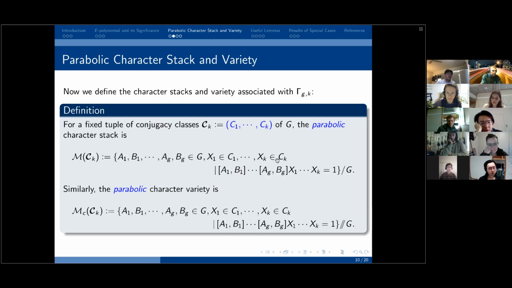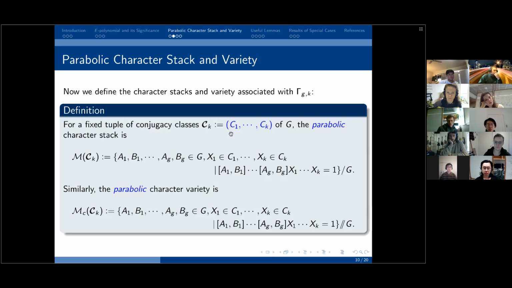And you can see that this relation comes from the relation of the fundamental group, Gamma_{g,k}. And briefly, you can consider this set as some restriction of the representation variety from Gamma_{g,k} to the group G, because A_1, B_1 to A_g, B_g go to any element, but